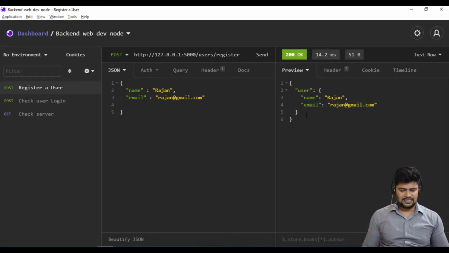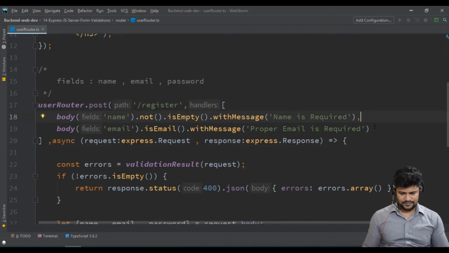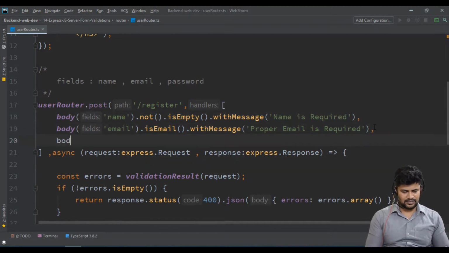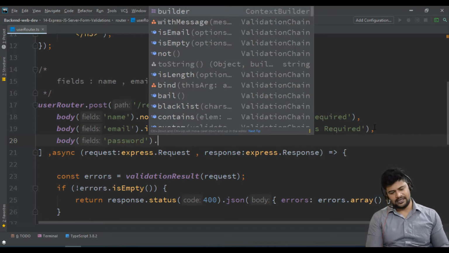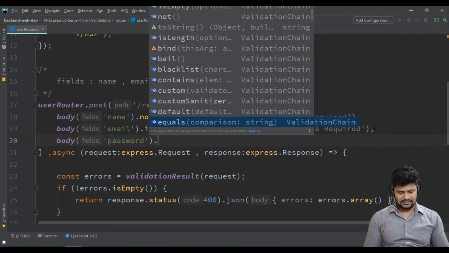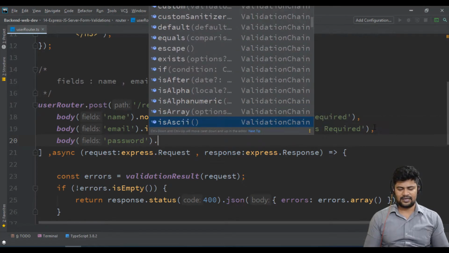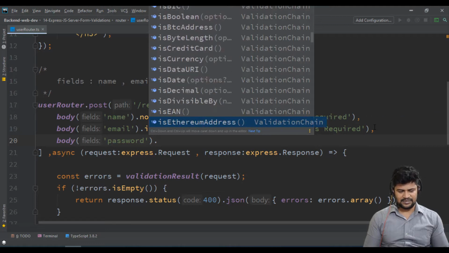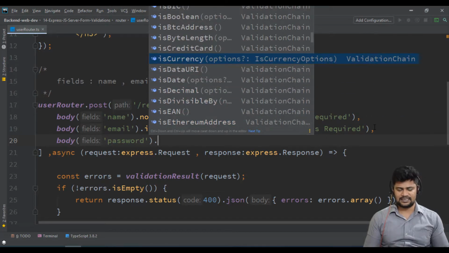It is success. Same as that, if you want to provide password verification. See, if I don't provide a password, it is still happy. But I want to verify the password also. So to verify the password, comma, body of the password field dot, you write some different validation. Actually you have a lot of validations like isLength, isEmpty, contains, equals, multiple things. isAlpha, isAlphanumeric, isBase64, credit card number, currency, multiple things are there. They all come from express-validator.